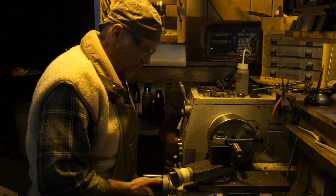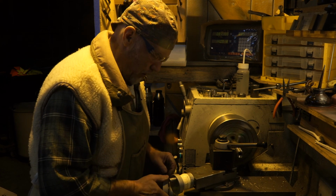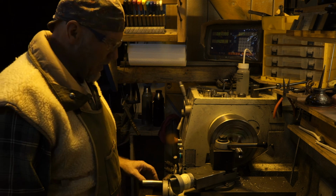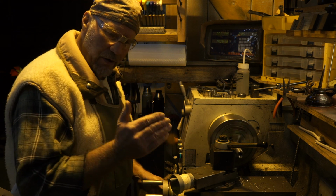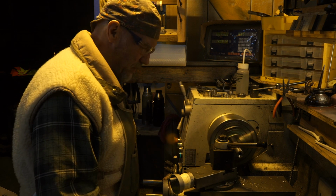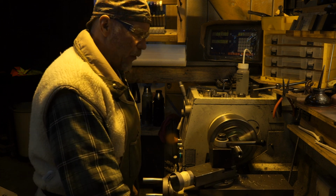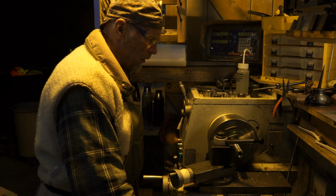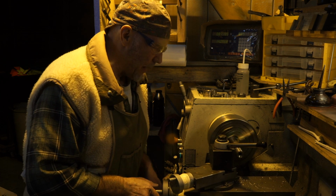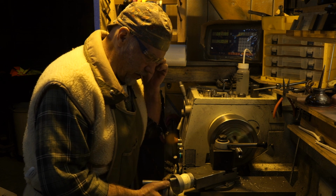Still cutting pretty heavy. Now I'm going to run to within 1,000th of my 0. And I'm going to do almost a fake pass just to clean up, and then I'm going to ooze in on my 0. With these marks, it's actually 2,000 out. So I'm splitting marks now, which means I've got a little more run out than when I say going for a thou, I'm somewhere around a thou. And I'm going to touch down and